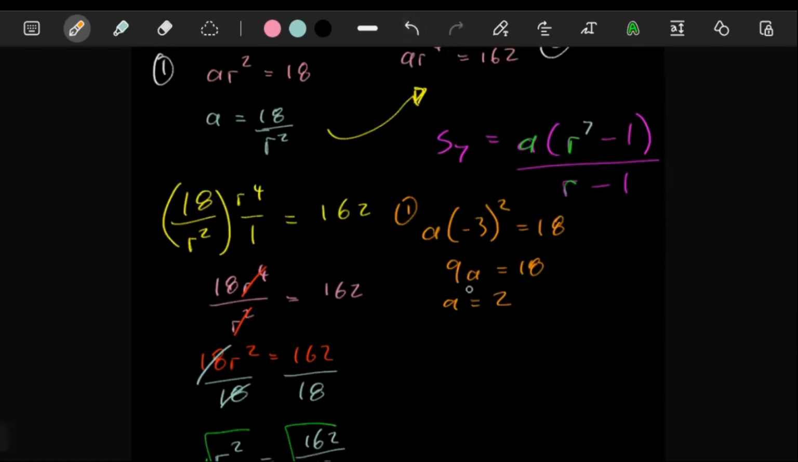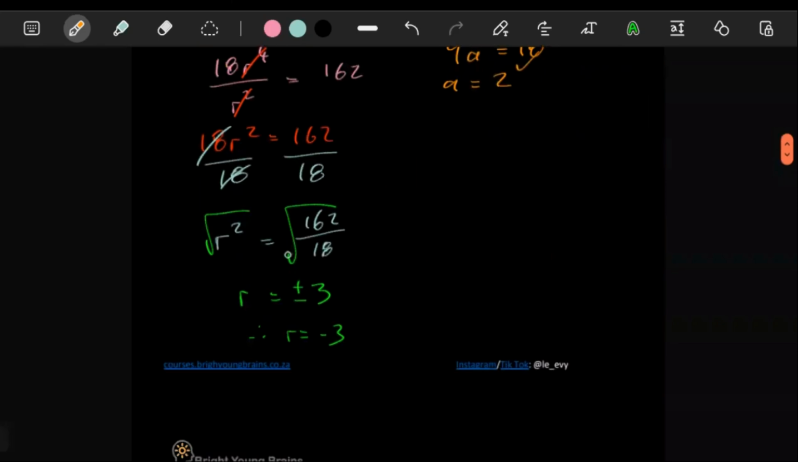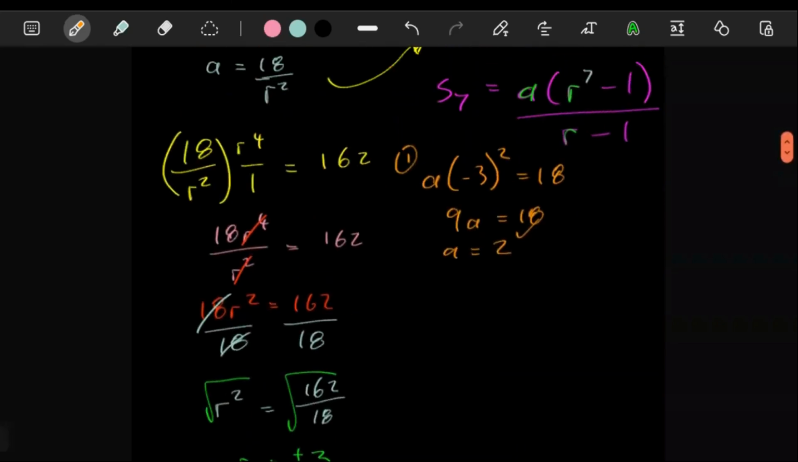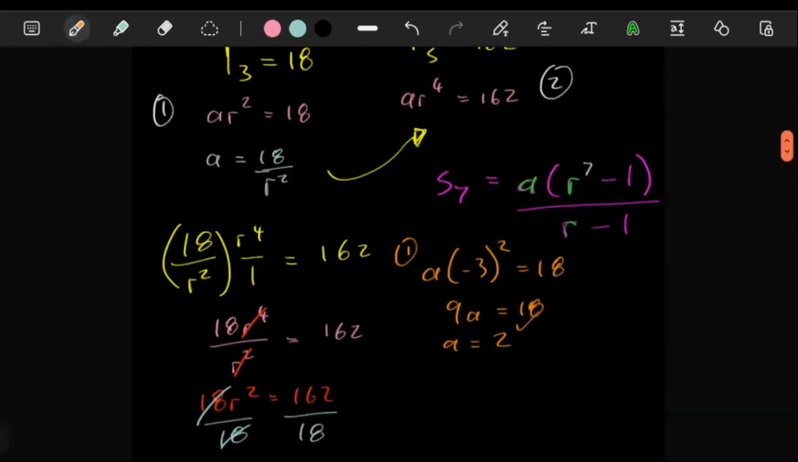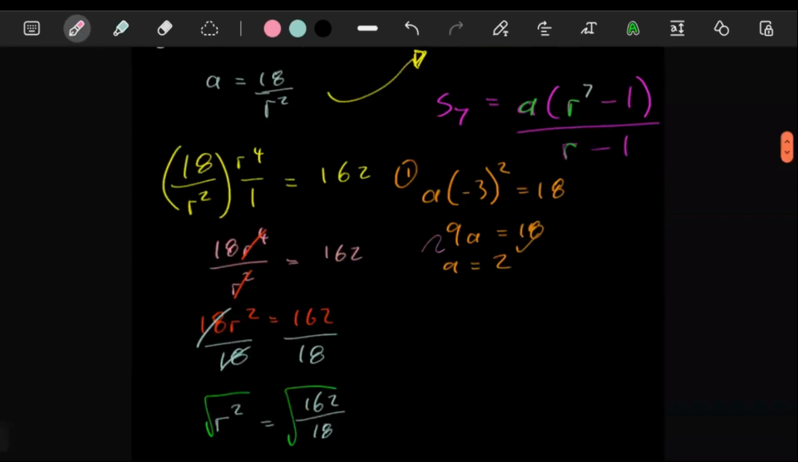If you divide both sides by 9, we have a and we have r. So we're good to go. We can easily work out what S7 is. Working out what S7 is, we can see here S7 is going to be equal to a, which is 2, r is -3, and then